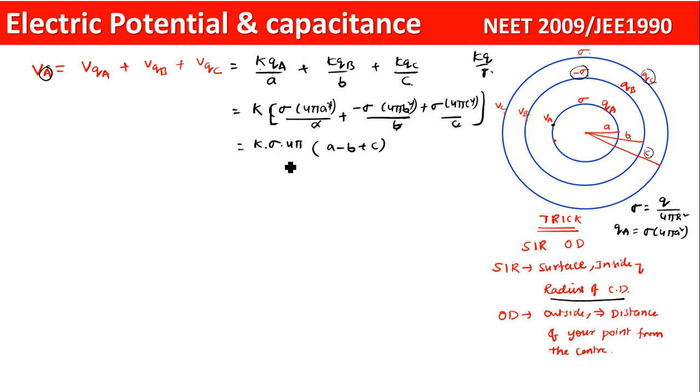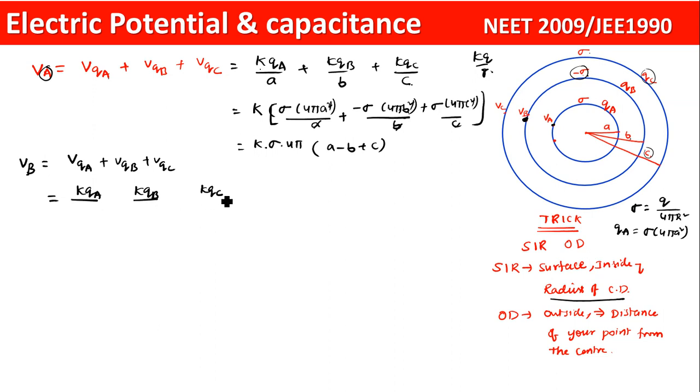Now let us keep it aside. Now here let us try to find out potential on the surface B. That is also potential due to QA, potential due to QB plus potential due to QC. Very good. Now here your point is outside for this charge distribution, isn't it? Therefore K. So I told you the numerator will be the same. That's not a problem. Only the problem lies in the denominator in these cases.